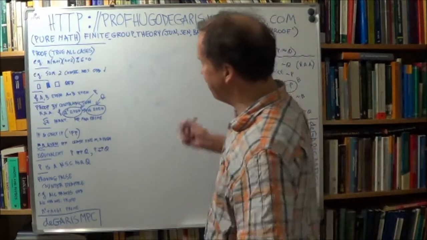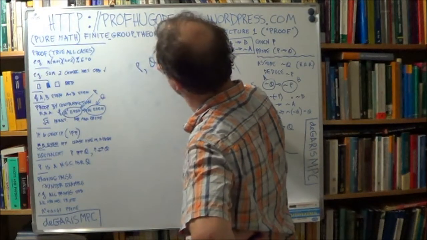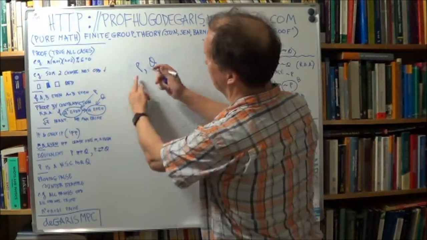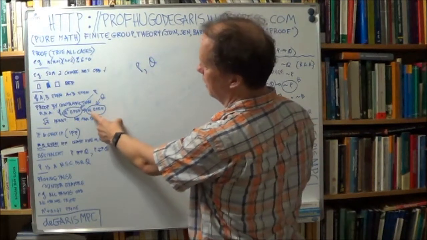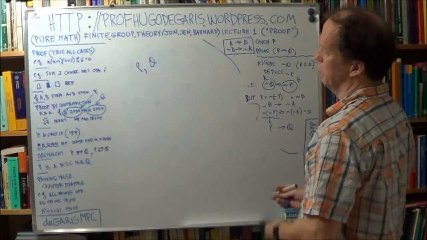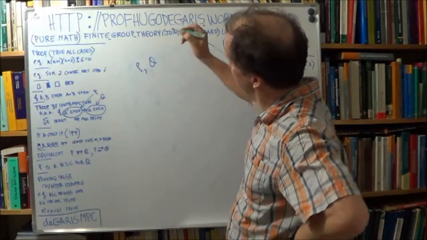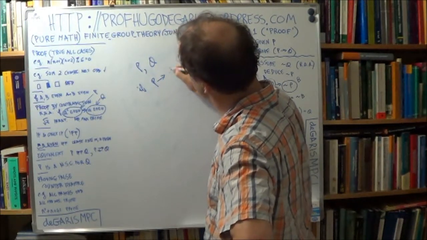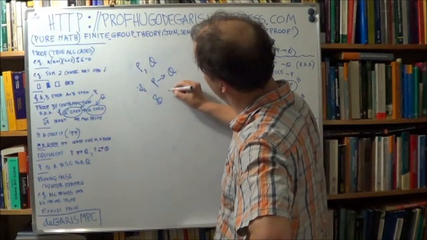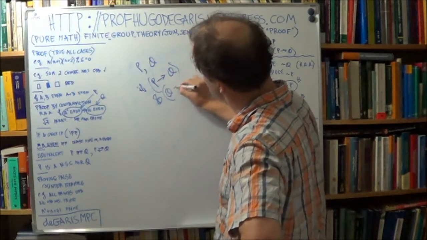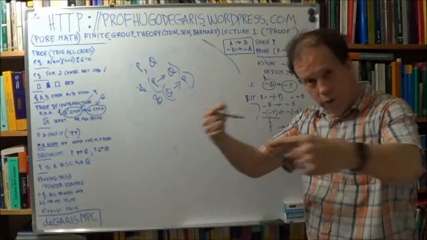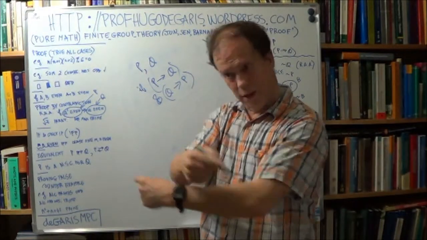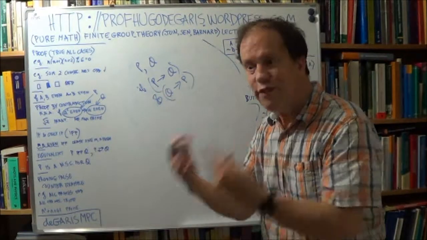Okay, so if you have two mathematical statements. For example, here's one: a squared is even. That's a statement. Call it p. You have another mathematical statement: a is even. Call it statement q. So if p and q are mathematical statements, and if from p you can deduce q, and from q you can deduce p. If you can prove both ways, from the left-hand side you get the right-hand side, and from the right-hand side you can prove the left-hand side. If you can go both ways, so if and only if,